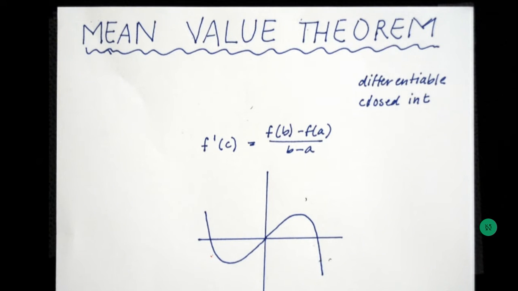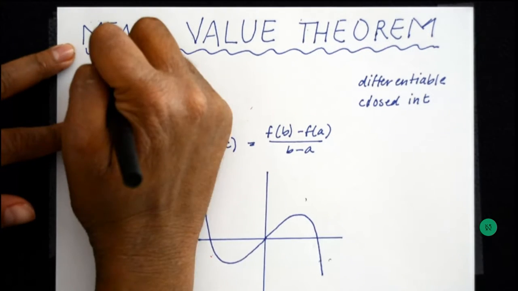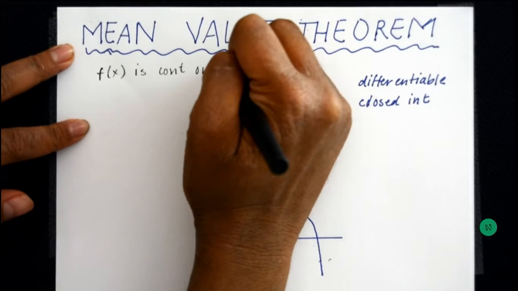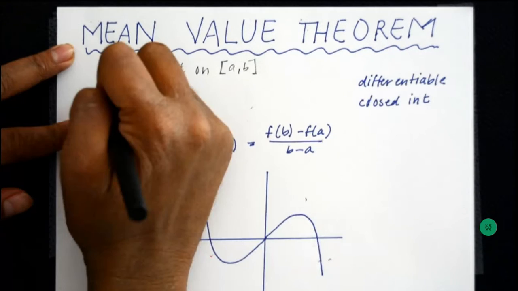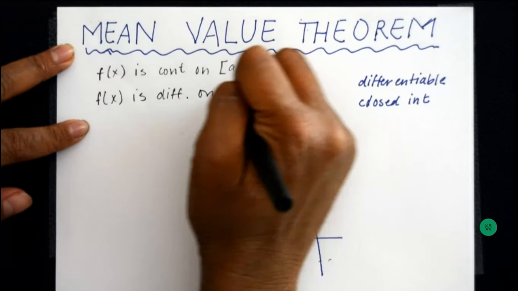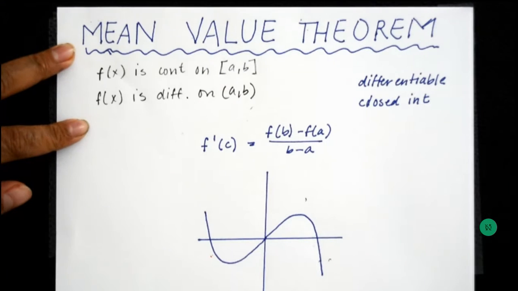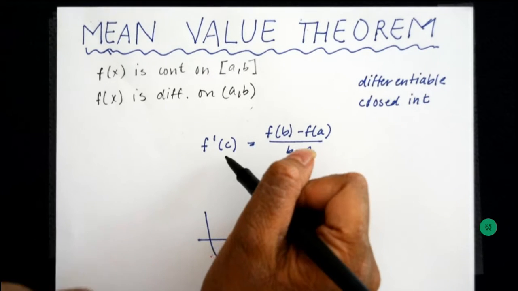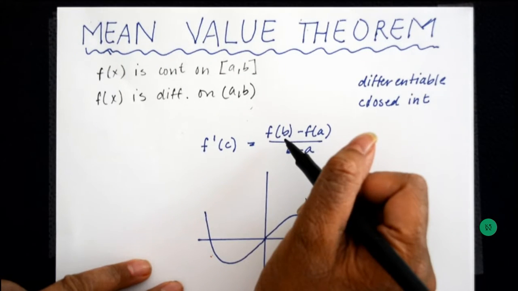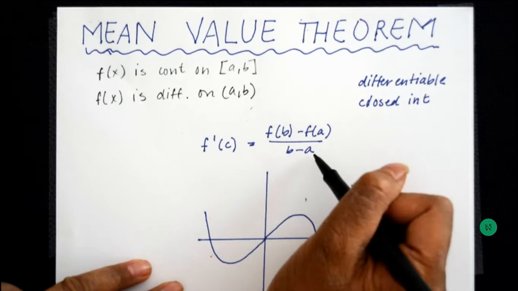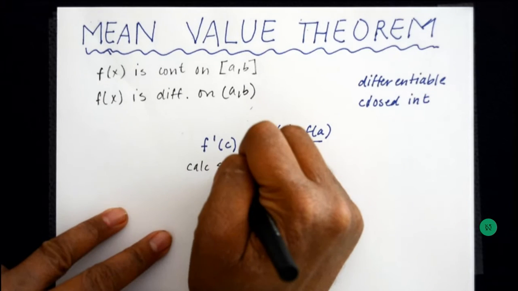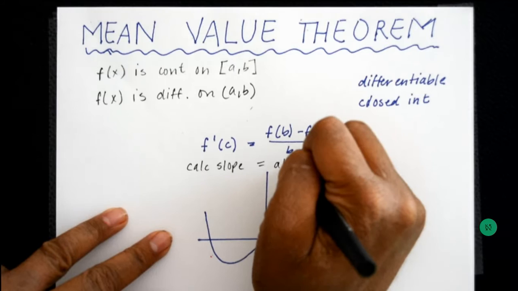So the mean value theorem basically states that if a function f of x is continuous on the closed interval [a, b], and if f of x is differentiable on the open interval (a, b), then the slope of the tangent line at least one point C on the graph is equal to the slope of the secant line between two points A and B. So essentially this is saying that the calculus slope at a point C is equal to the algebra slope between